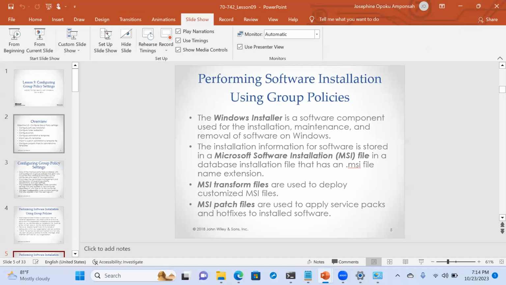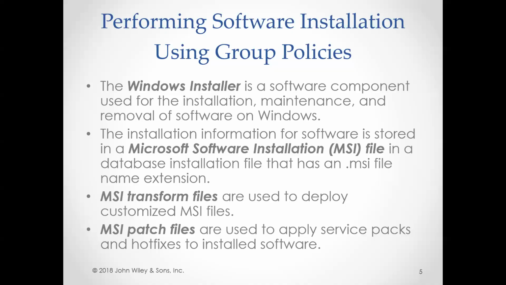When you want to install software using group policy, it's very simple. You see, the process of creating group policy is straightforward. You create the object, you edit it, you apply security templates, you link the objects, and then you run the GP updates. That is the process for creating group policies. But then there are some few things that some policies may require you to do. So when it comes to installing, for example,